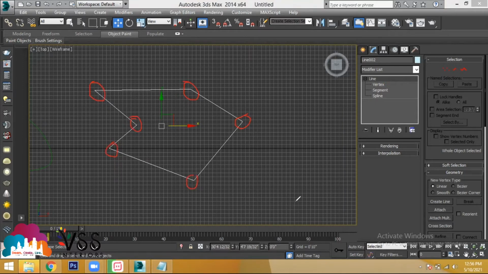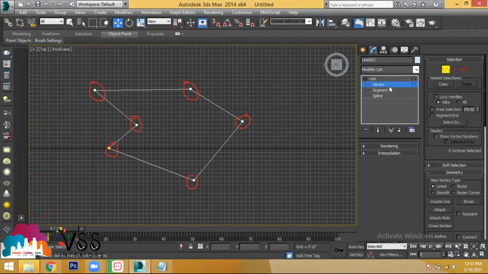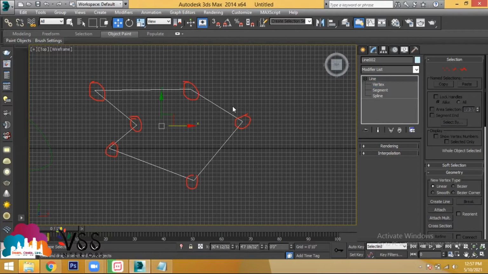You're not able to see, right? Because the selection is in line selection. When the selection is in line, it is nothing but neutral selection. Only when you select vertex will the endpoints get highlighted. When the selection is back in line, they get deactivated. This is called the normal default selection of a complete object.